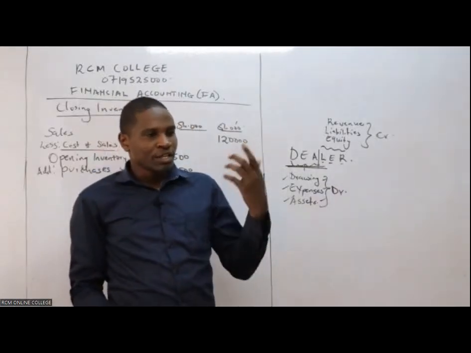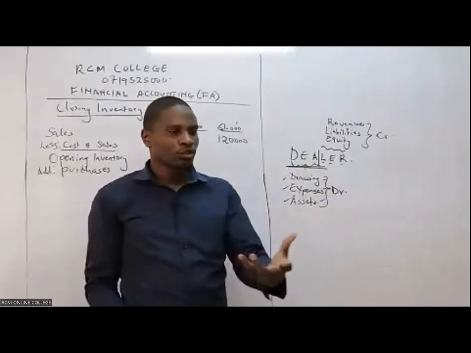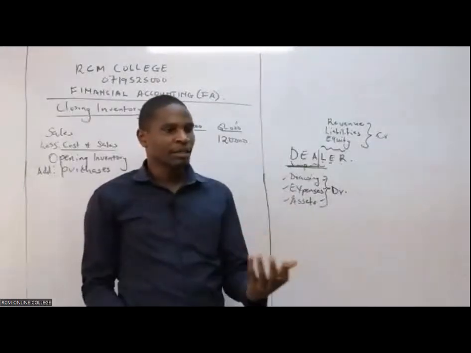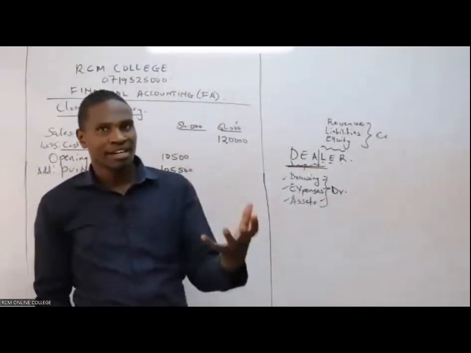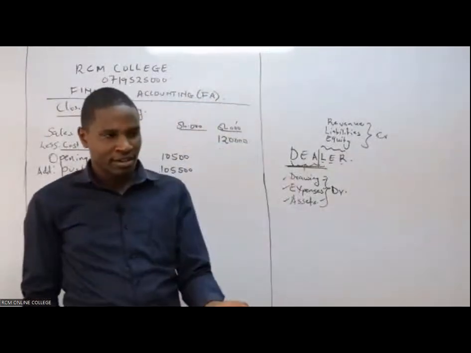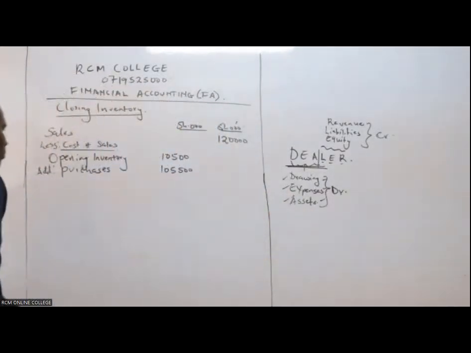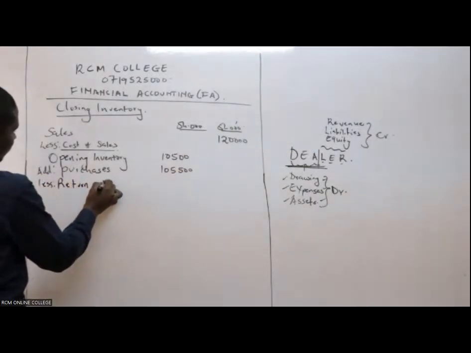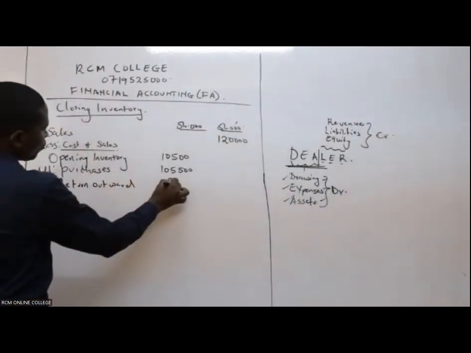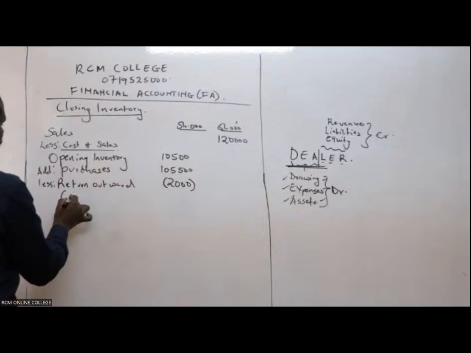Remember, we have carriage inward, the cost that we incur when we are bringing the goods into our business. Carriage inward is added. And then return outward, we do what? Return outward, we subtract. We less return outward. So if I less 2,000 here, whatever I'm going to get here is COGS, cost of goods available for